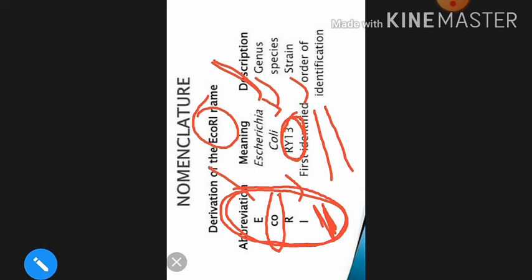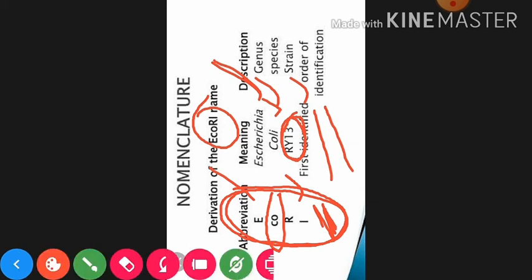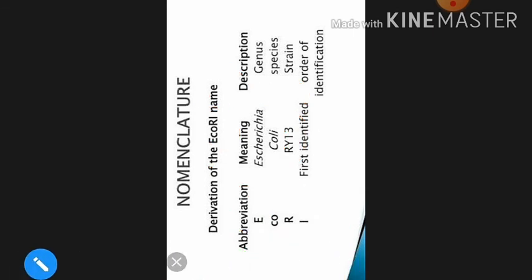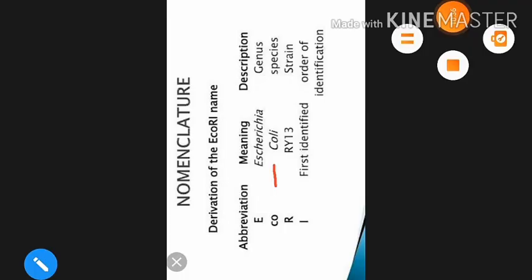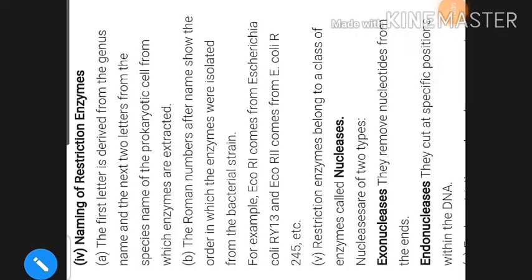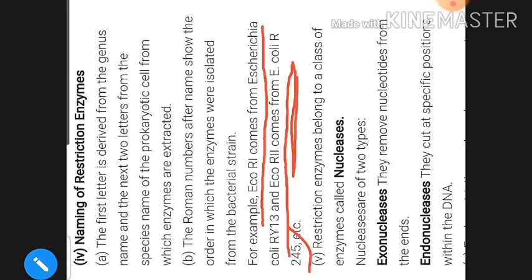Okay, so this is about the nomenclature of the enzyme restriction endonuclease. Okay, so this is about that how can be nomenclature a enzyme that will isolate it from each and every strain of the bacteria. Okay, now here I am also explaining the restriction enzyme. Here also given EcoRI comes from the Escherichia coli. This is in the form of the notes, you have to write in your copy.